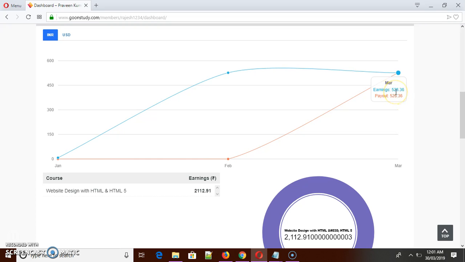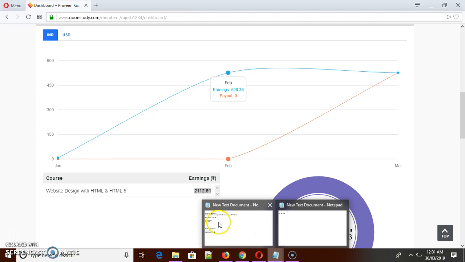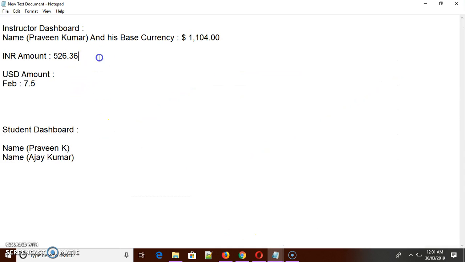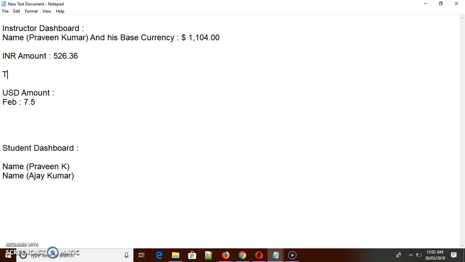So you can see that I'm going to make a sandbox test with the INR currency and USD payments, and let's have a calculation of this, and we'll go through it. So this is my total amount of INR. Okay, so I'm going to copy this and keep it here. So total INR,